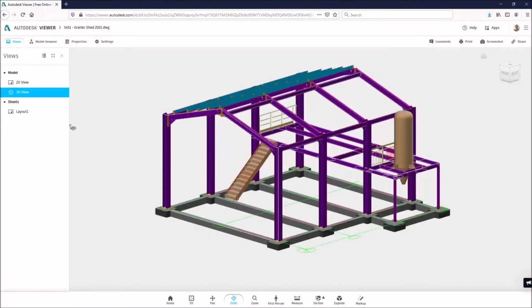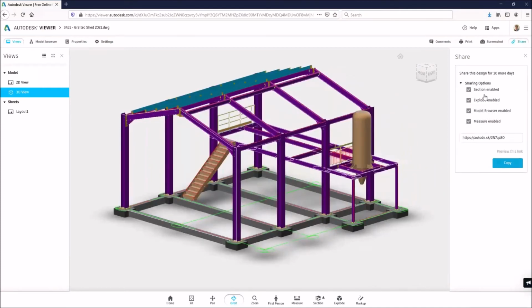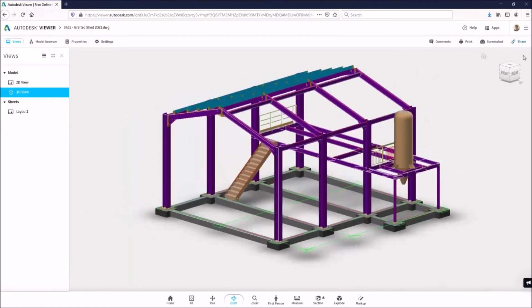Now, if I did want to share this with all of you, I would click the share button. Again, I've got my sharing options. I click the copy button and then I can put it into an email or wherever I need to put it. I will share it with you towards the end, but if I share it with you, I know you'll all click on it and start playing, so then you might miss something. So I will share it at the end in the chat so you guys can have a play with it